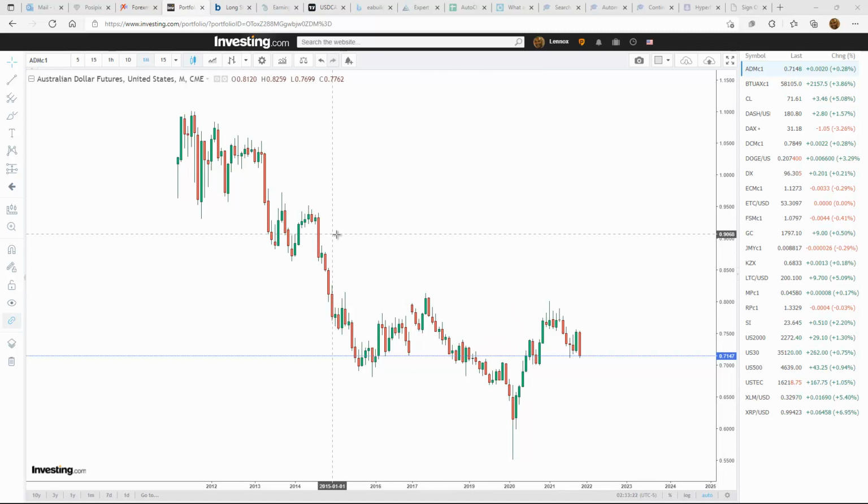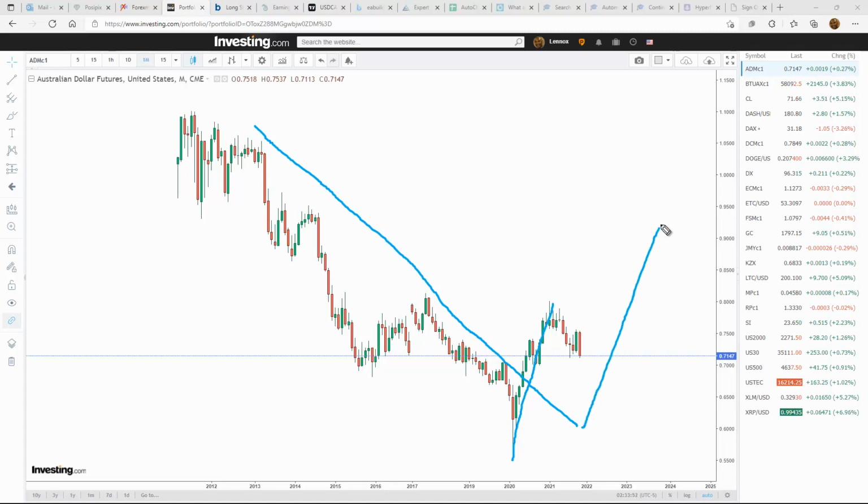All right, I'm going to start off with the Australian dollar like I usually do. And I'm on the monthly time frame. And the basic gist of this chart is we're looking to form a new move to the upside in the long term. This is on the monthly. So we're looking at a new long-term move, more than likely that's going to be pushing us back to the upside. However, in the interim, we're on a downward spiral.